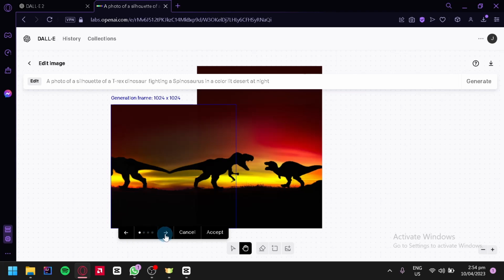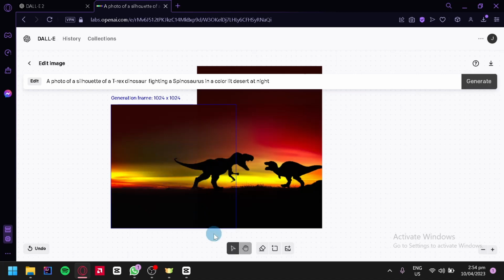Now, what does this mean? When you click on the arrow, this means that it is showing the different outer variation of what you can add to the specific image. As you can see here, when we click on the different images, it's going to show us different results every time. And as you can see here on this image, it just extended or added a tail for our T-Rex photo over here. We're going to click on accept, and we're going to do this one last time,